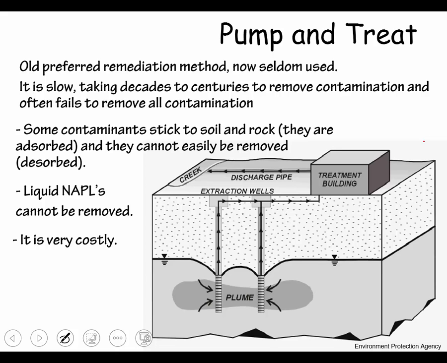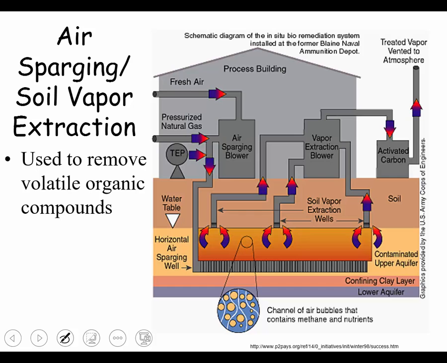And it rarely removes all the contamination. There are some contaminants in particular that stick to the soil, stick to the rocks. They're absorbed and it's hard to get them off. You can't get liquid naphthalene out very well, and it's very costly. Okay, so we're going to other things, and one of the things now that's being used is what we call air